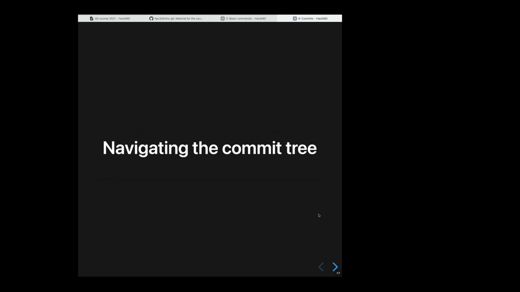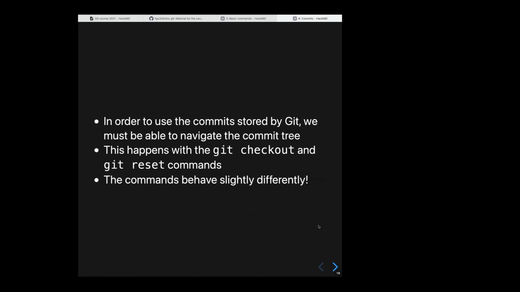So okay, let's see how we can navigate the commit tree, or rather how we can refer to different commits in the commit tree. In order to use commits, it's useful if we can navigate through the tree. We had one short example before when we used git reset. We can also use git checkout to navigate through the tree. Although these commands are similar in some ways, they behave a little bit differently. So I'm going to show some examples